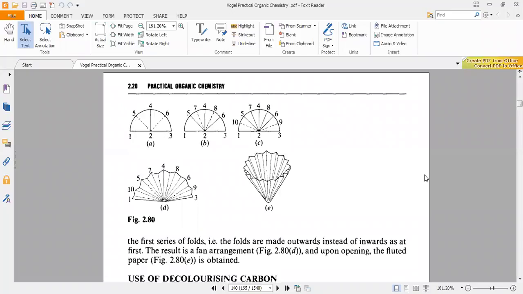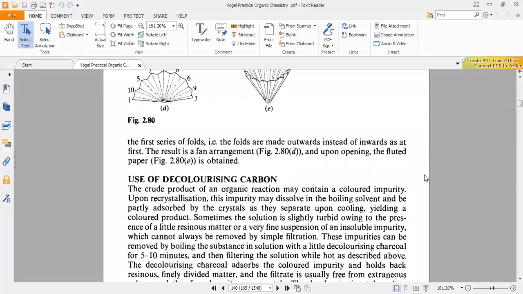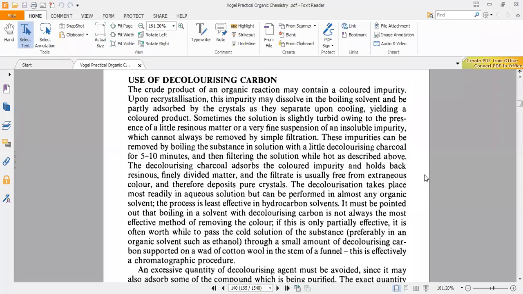Right. If we proceed further, sometimes some of the impurities are colored. I mentioned in a previous lecture on practical work that whenever we select a solvent, normally we use a dual solvent. Dual solvent means the two should be miscible with each other. That is the first thing. Second, the compound shouldn't be highly soluble in the organic solvent, and it shouldn't be sparingly soluble either. It should have a moderate solubility in the solvent.